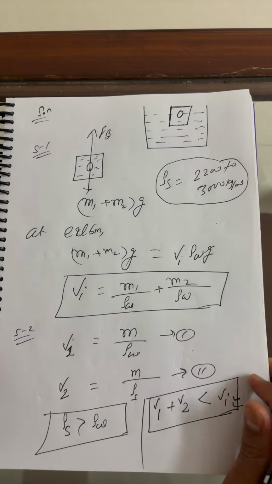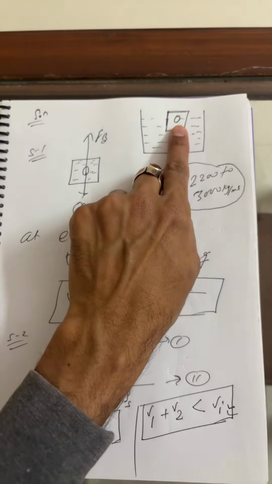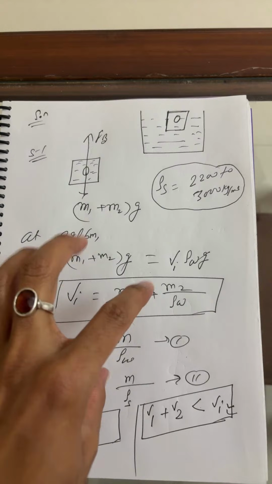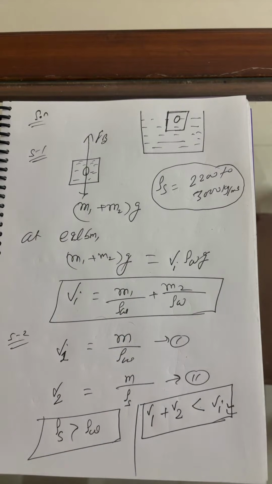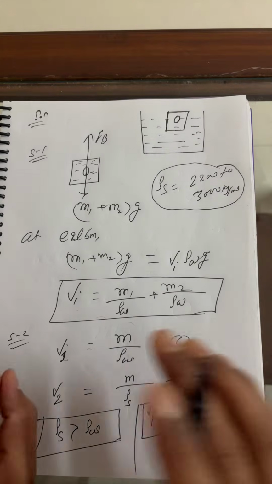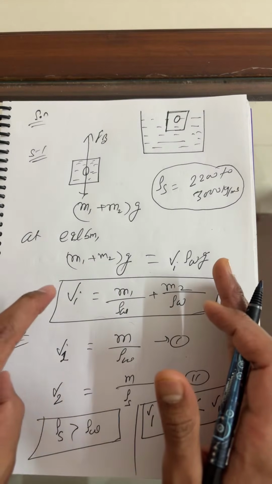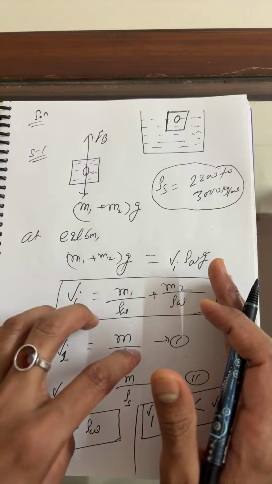So what is the conclusion, beta? I have taken stone here. Maybe they will take another material as well. So if something, I can say, inside the ice cube, yes, Aditya Krishna, beta. So what can I say? Density, or I can say rho 2, is greater than rho 1. Rho 2 is this material, and rho 1 is what?